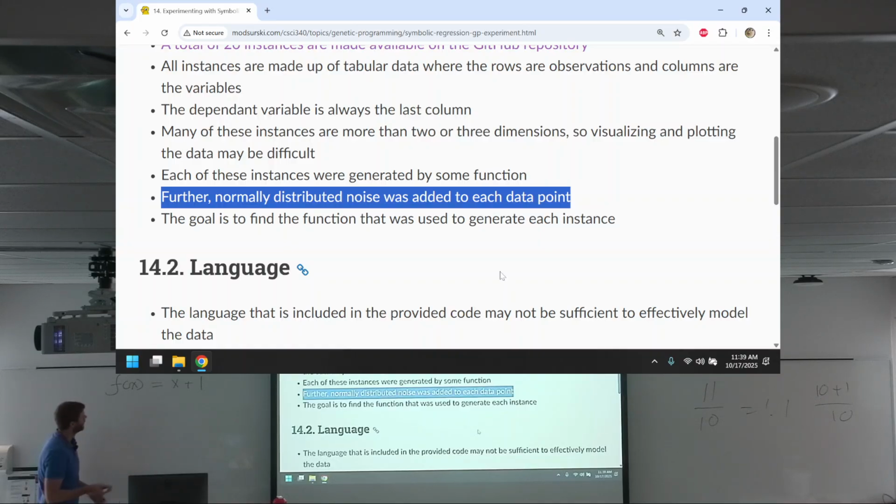Well, first of all, whatever these were may not have been integers, but I also added normally distributed noise to each part of this, meaning you're going to get error, okay? I specifically added noise to the data to make it more tricky, but if the noise is normally distributed,